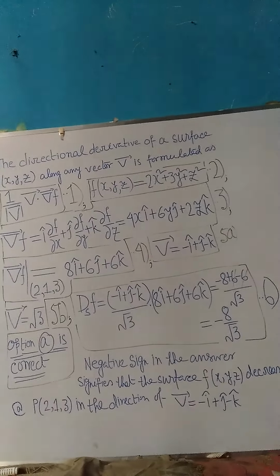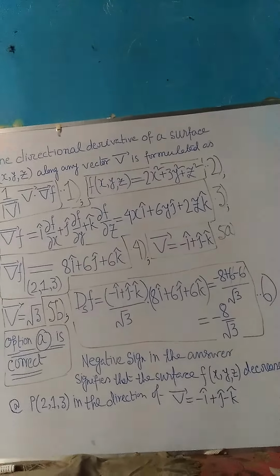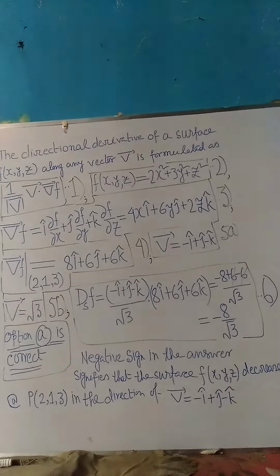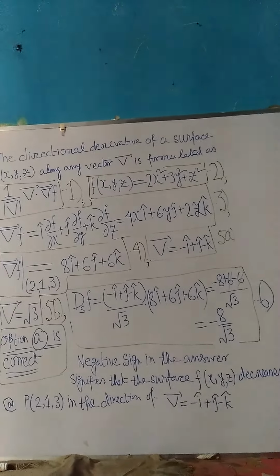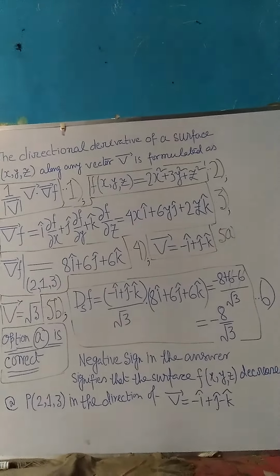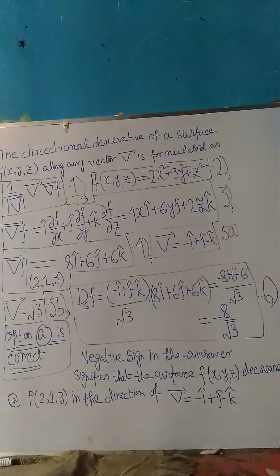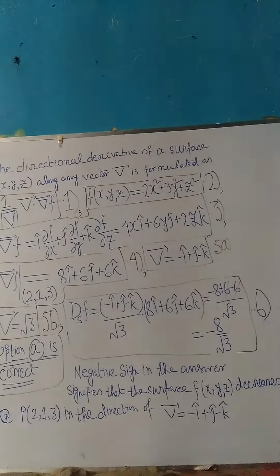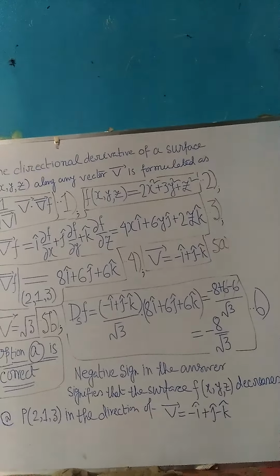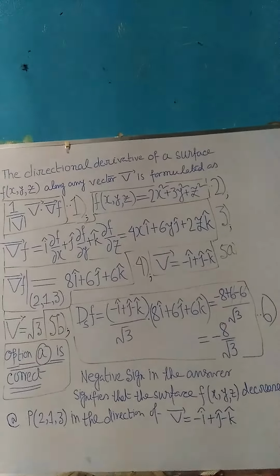Now, plugging equations 4, 5a and 5b into equation 1, the directional derivative of the surface is as shown in equation 6. Equation 6 is the most important equation and is a little long in size and length. But please pay very close attention to equation 6. This is the last equation for the problem. And so, clearly from equation 6, the directional derivative has magnitude minus 8 by root 3 and hence option A is correct. I repeat again, option A is correct.